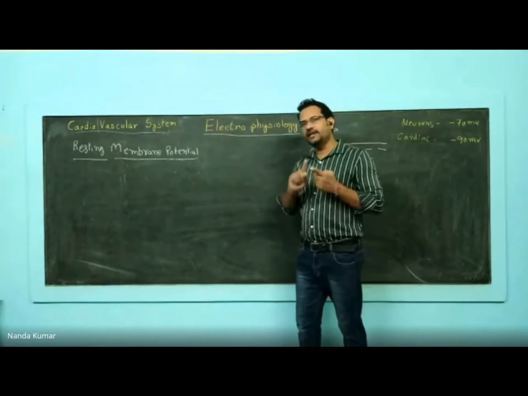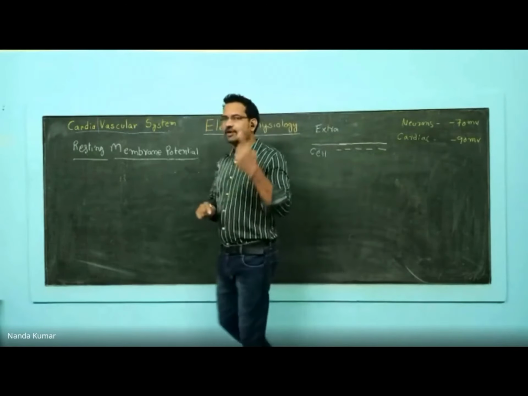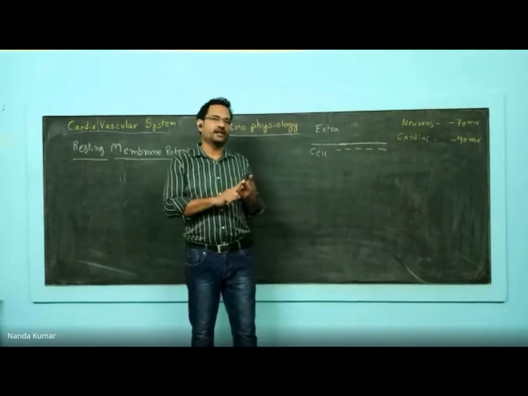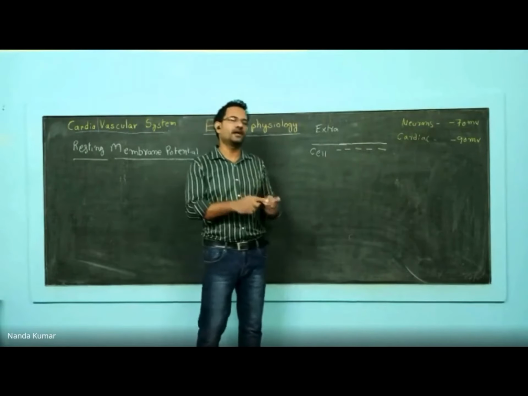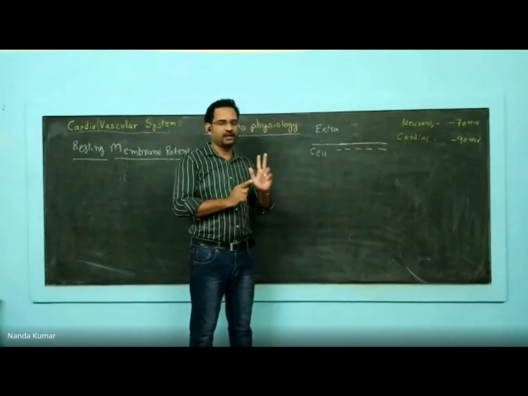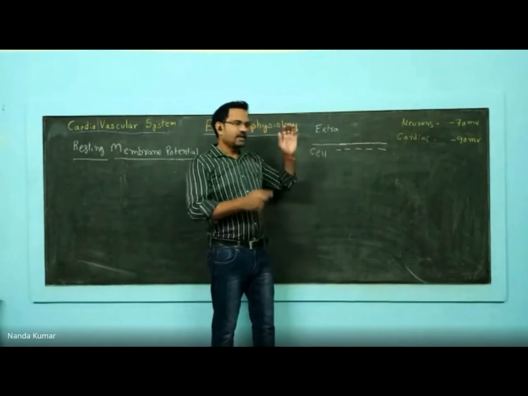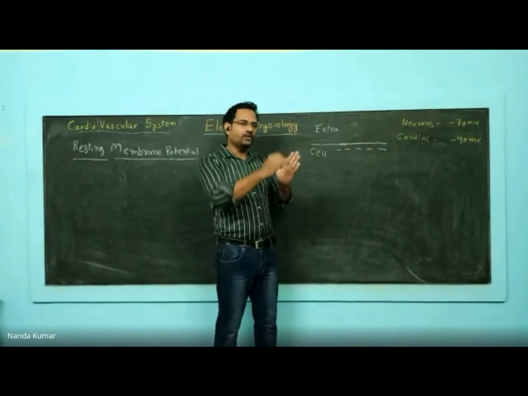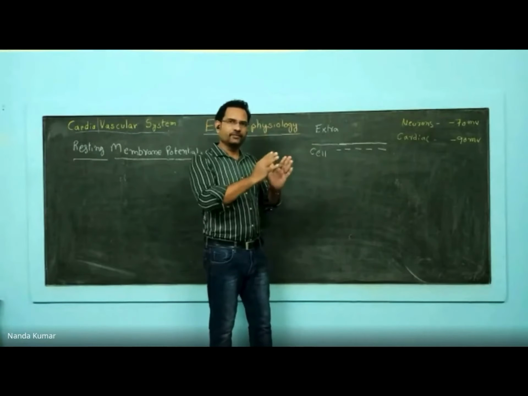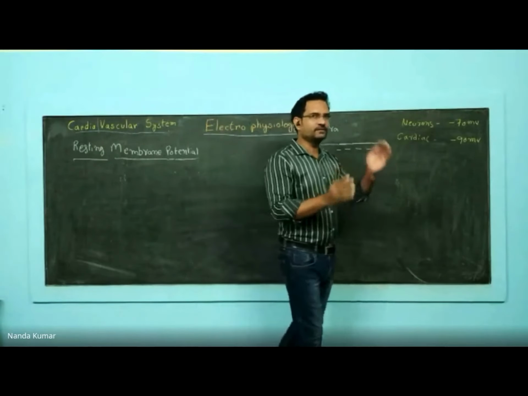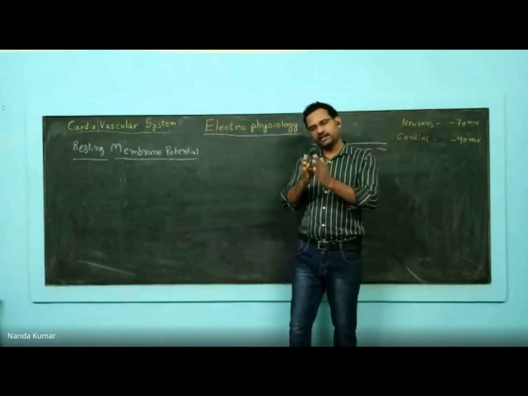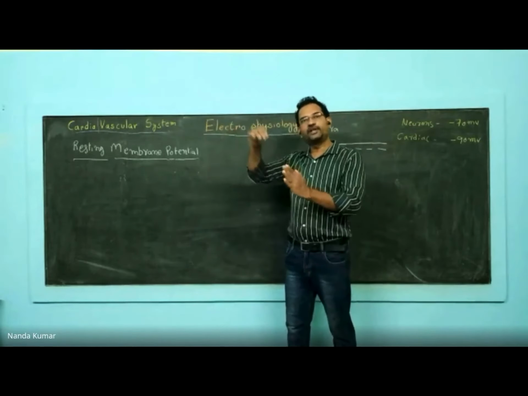So it is considered an extracellular ion, whereas potassium is an intracellular ion. The concentration of potassium is high inside the cell. Next one. There are ion channels which allow the movement of these ions. Though the concentration varies on both sides, when an ion channel is open, the ions can move freely through the channels.